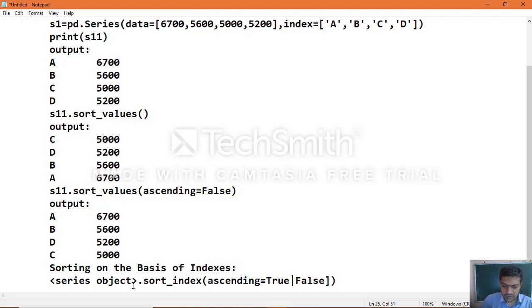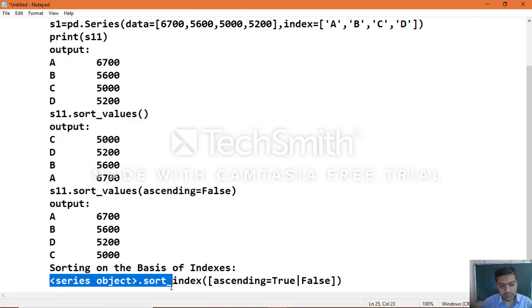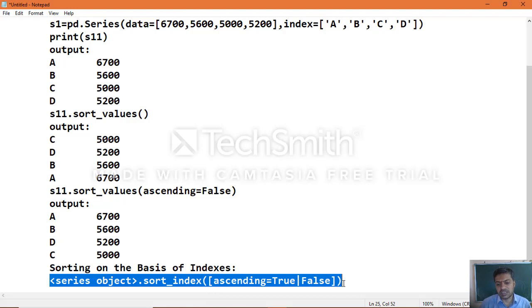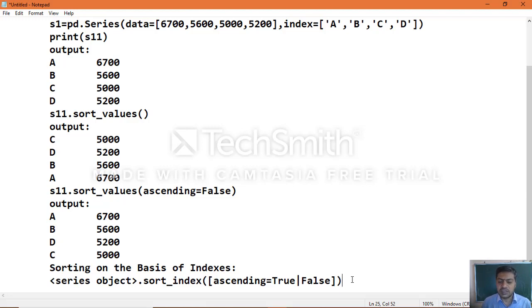This is the syntax you can use to sort the series object data with the help of the index. Based on the indexes, the data is sorted, which means indexes are sorted instead of values. By default this function also has ascending equal to true. If you are not specifying anything, you simply call object name dot sort_index, which will sort the indexes in ascending order. If you want descending order, you can specify sort_index of ascending equal to false.